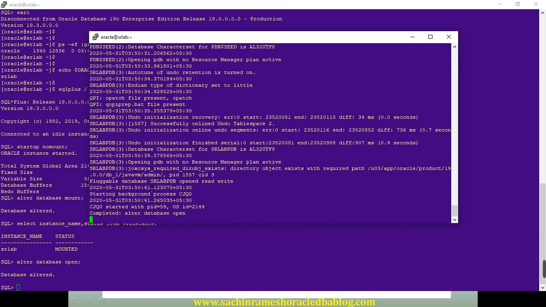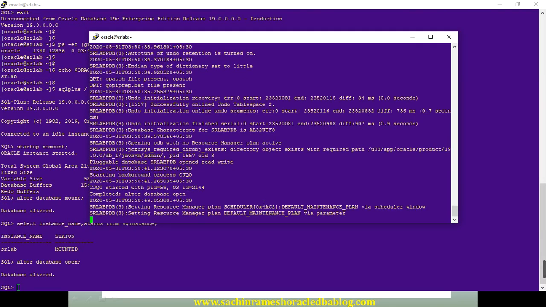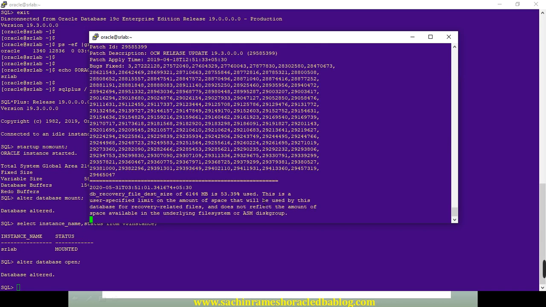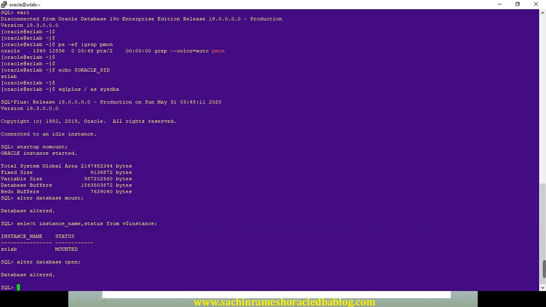You can see pluggable database open read write, it is issuing. There is nothing to recover because we did a normal shutdown, shutdown immediate. If you do shutdown abort, it will go for instance recovery or crash recovery. Okay, now the database has been opened.